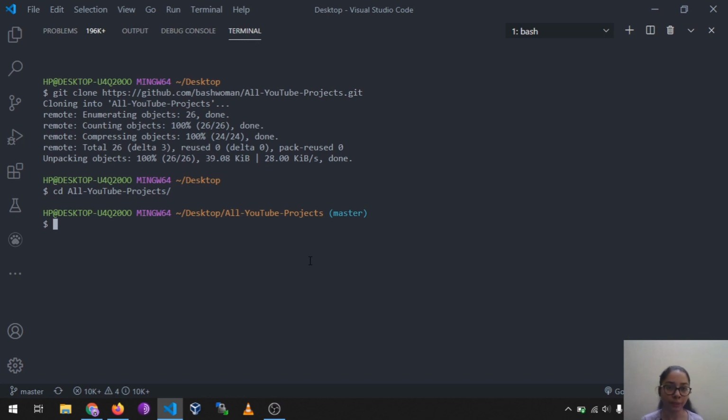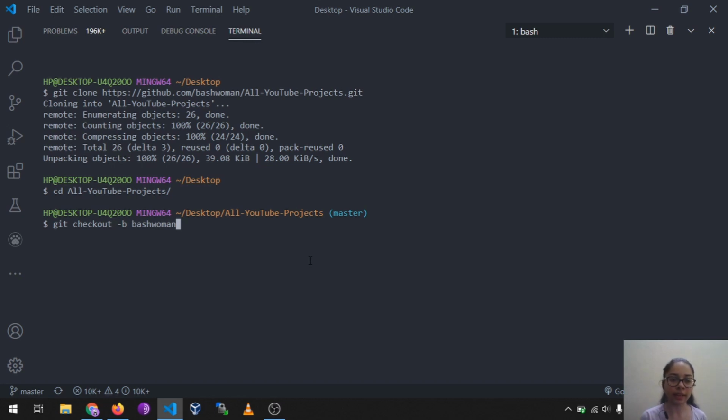While contributing to open source, it's not really a good practice to work on this branch, so we will make another one for ourselves. Okay, we know how to do that. Just type git checkout -b and the name of the branch.